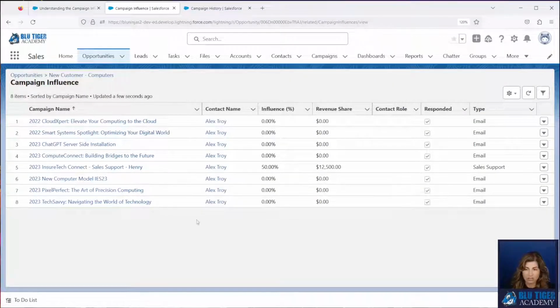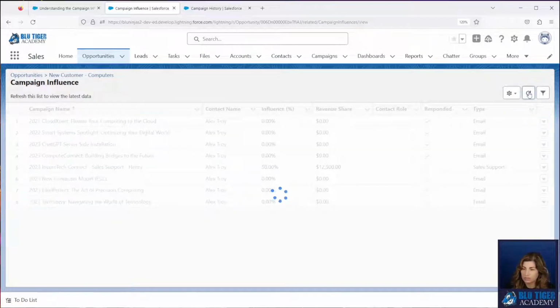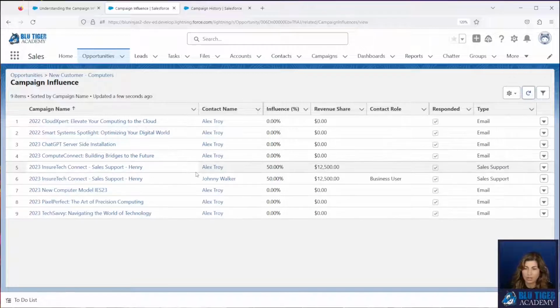And we can see that it looks like Johnny Walker, let's refresh this here. All right, there we go. We can see that Johnny Walker doesn't have any other campaigns, but a record was added for the InsurTech Connect.